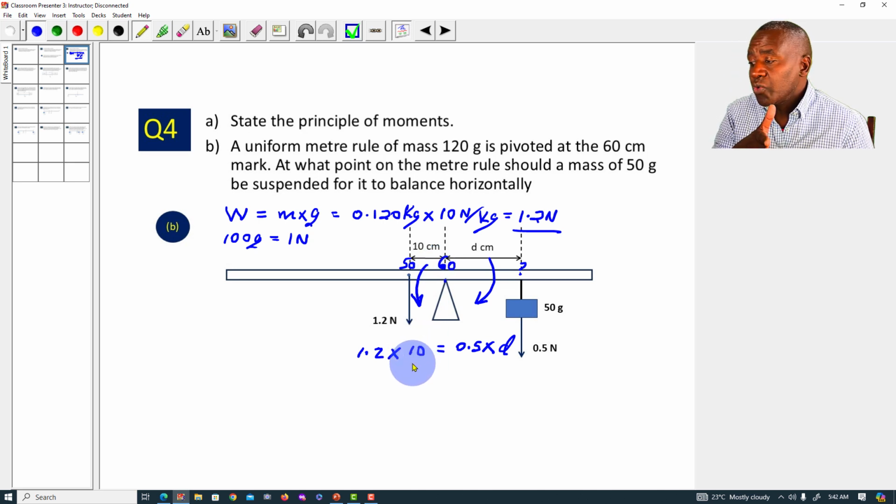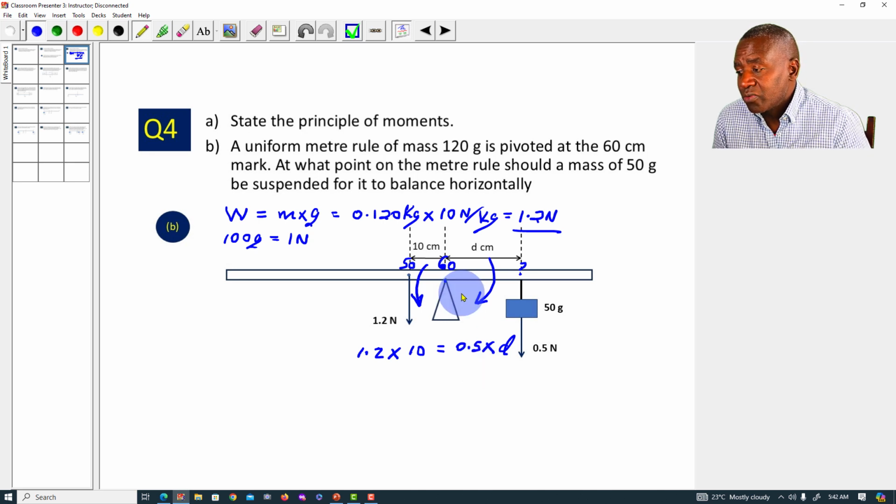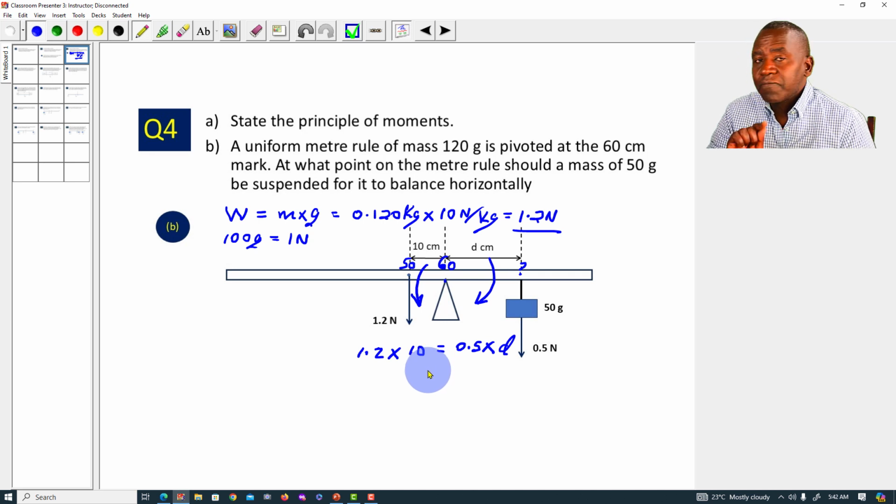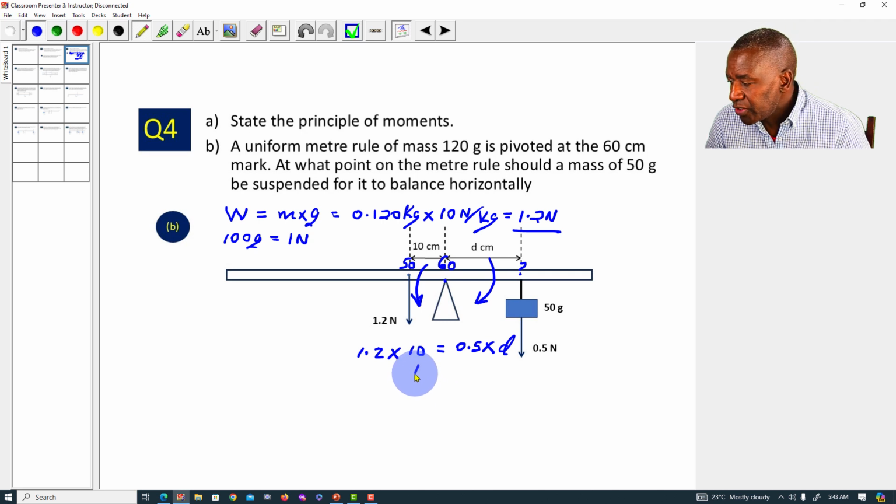In the previous video, we saw that in this kind of substitution, where we are dividing by 100 both sides to convert centimeters into meters, it's as if we never did it in the first place. So that is why it is safe to just use distance in centimeters, although we know moment is force in newtons times distance in meters. So we are going to get this is going to be equal to 12. This one will be 0.5 D, and we're going to see that our D will be